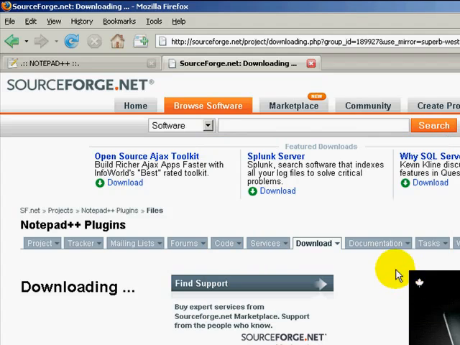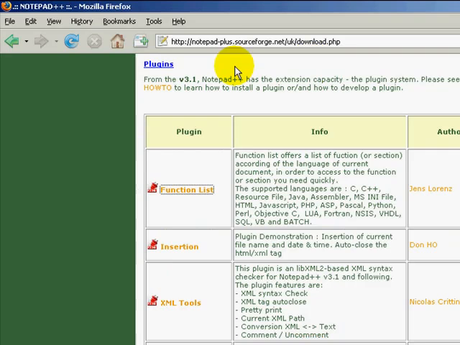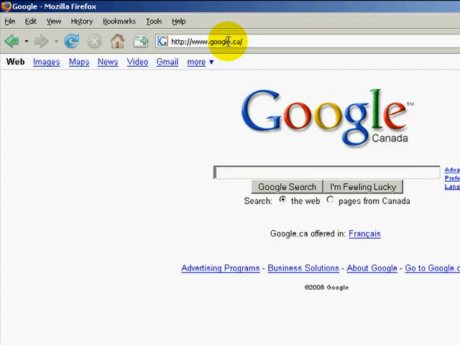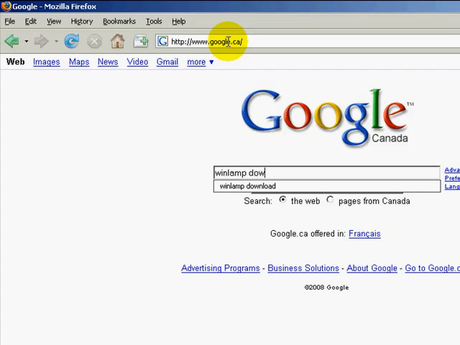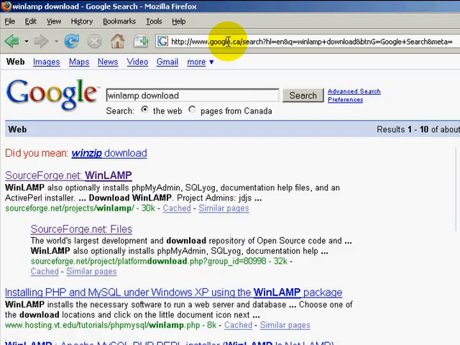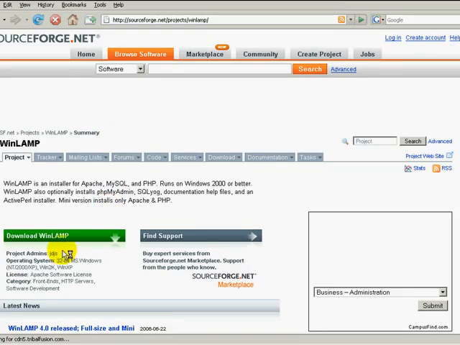Let's head back to Google, and let's download the last package, the big one. So we're going to search WinLab download. Now, did you mean WinZip download? Nope, we meant WinLab. It's going to bring you to sourceforge.net, and you can download it straight from here. Okay, so you click on download WinLab,